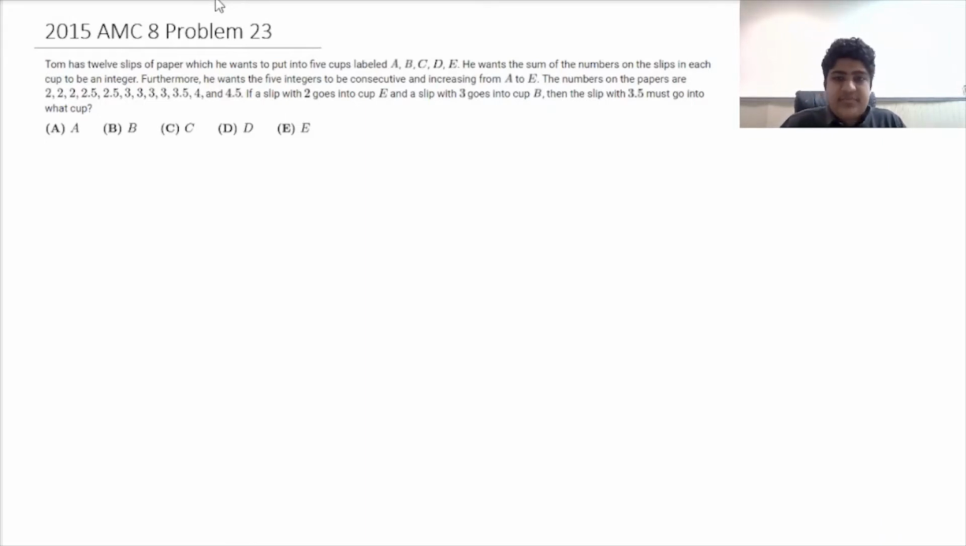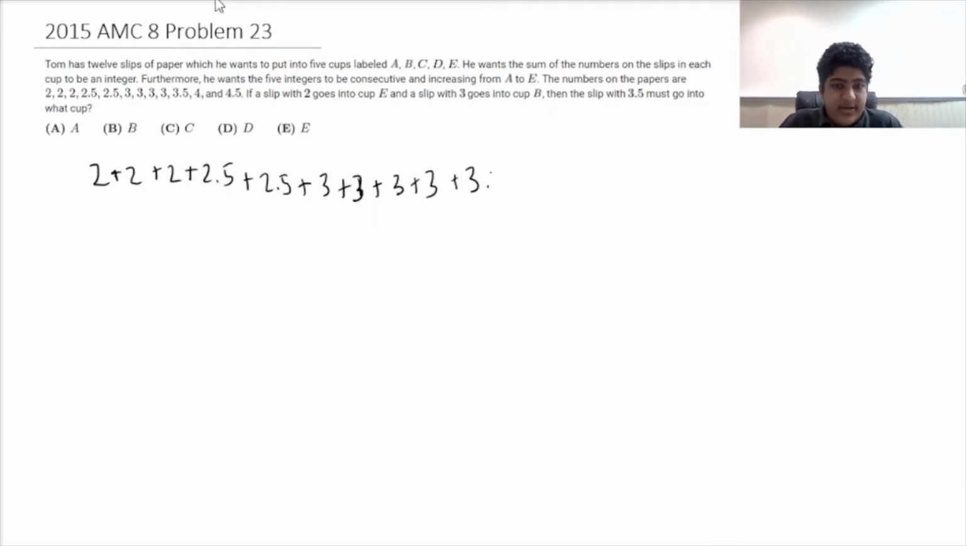Alright, so let's first find out the sum of the numbers of the slips in each cup A through E. So we first find the sum of the total numbers on the slips. That's just going to be 2 plus 2, which is 4, plus 2, which is 6, plus 2.5, which is 8.5, plus 2.5 again, which is 11. 3 is 14, 3 is 17, 3 is 20, 3 is 23, 3.5 is 26.5, 4 is 30.5, and 4.5